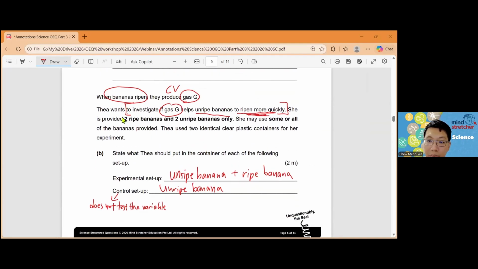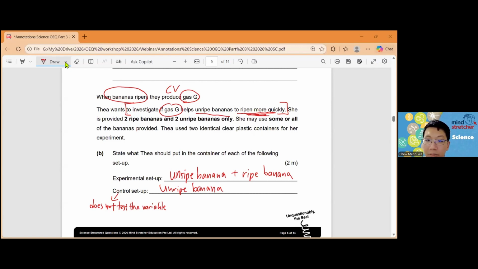Yes, this scenario is similar for apple. Okay, you might have heard from your parents before. If your parents do not know, you tell your parents that bananas and apples, when they ripe, actually release this gas to help other fruits ripe faster. I'm kind of sure your parents would know lah. But you can let them know and see whether they know or not. Okay, and all this you can easily check online and they are true.